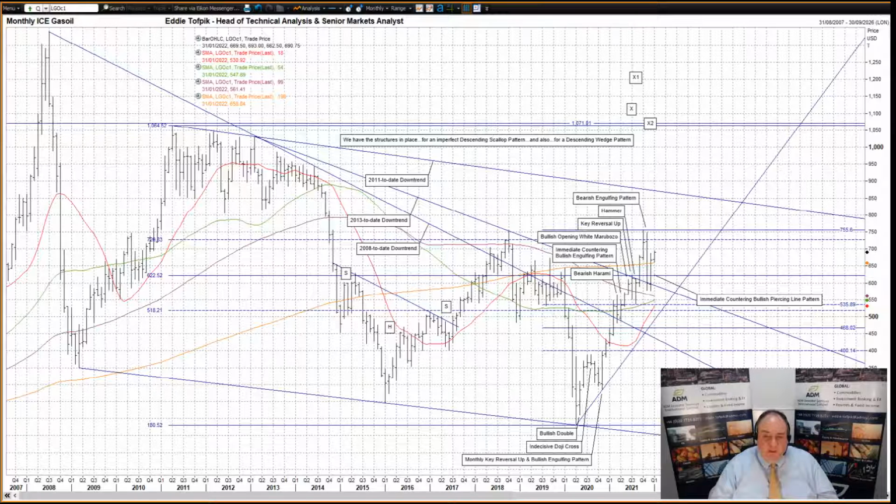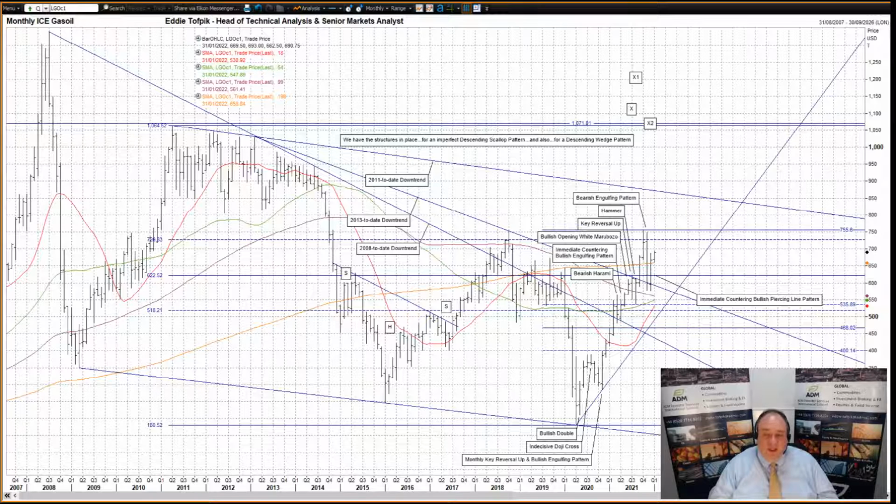The next big pattern, and a more secure looking one as well, is the action from 2008 to date as a descending wedge pattern. However, an even better looking version is to look at the action from 2014 to date as a smaller but perhaps more powerful descending wedge pattern. The second has the required number of 5 touches on both sides, whilst the former has to be seen with